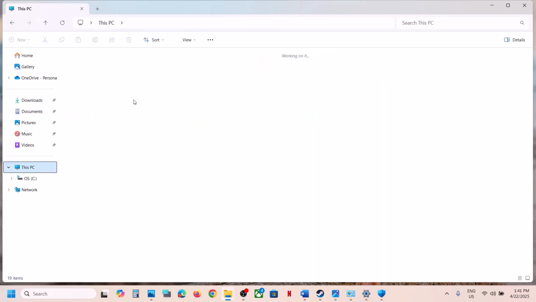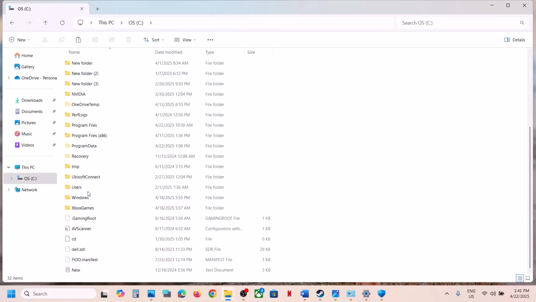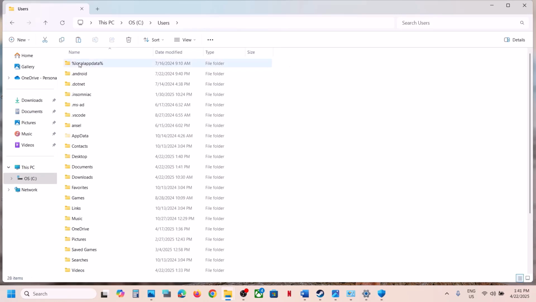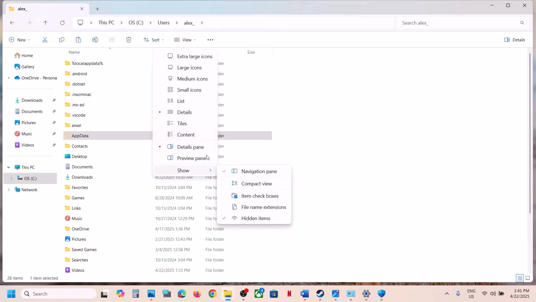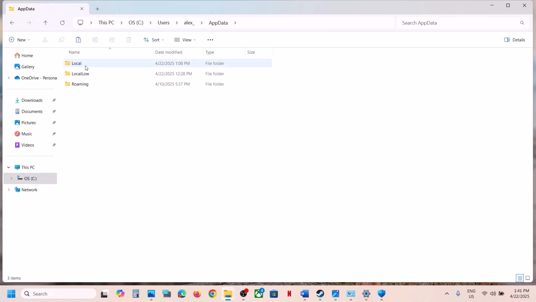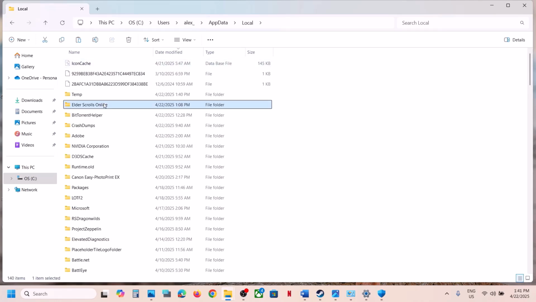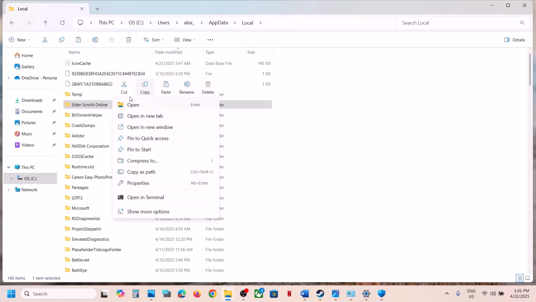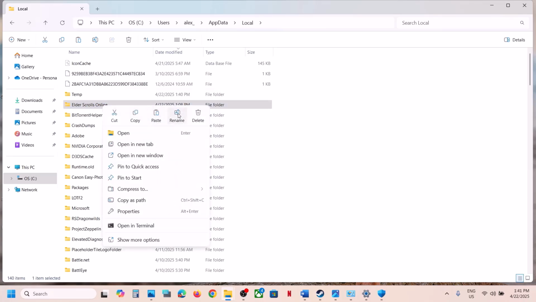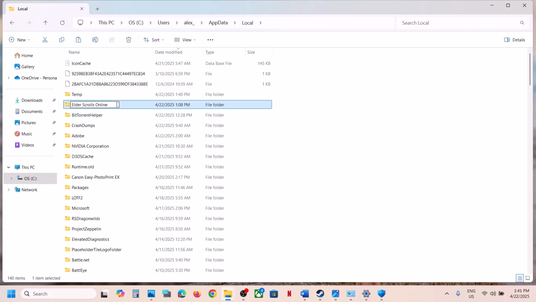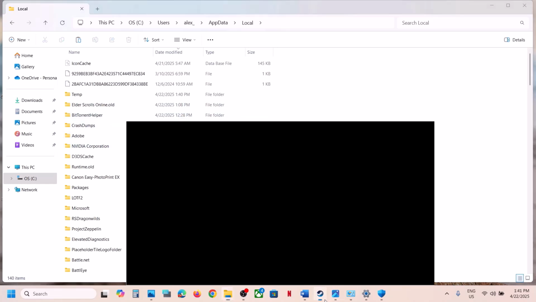If that does not work, go to This PC, open C drive, Users, username, AppData. If you don't see AppData at the top, click on view, select show, put a check on hidden items and then open the AppData Local folder and over here. But make sure that you create a backup. So you can again copy this folder, create a backup, and once you have a backup, then you can rename it, and after you rename it, launch the game and then check. Still not working. The next step is to